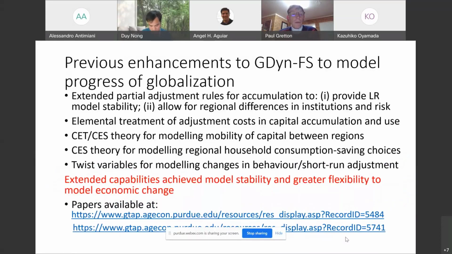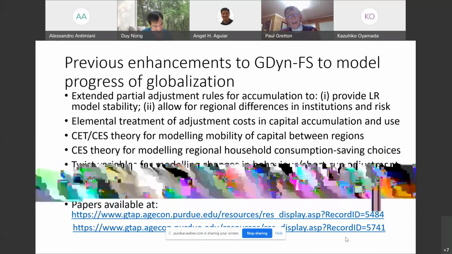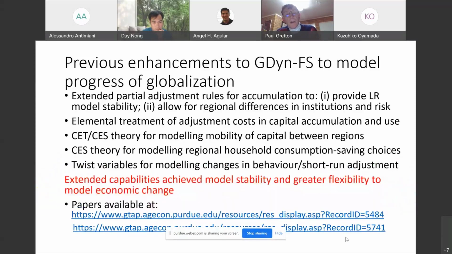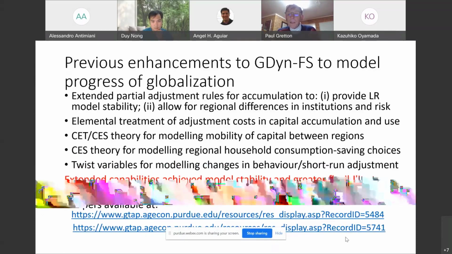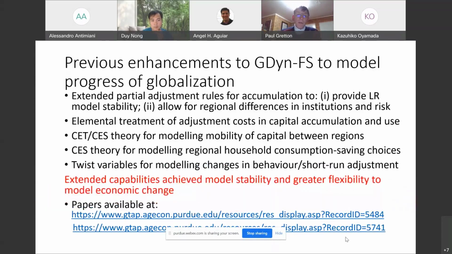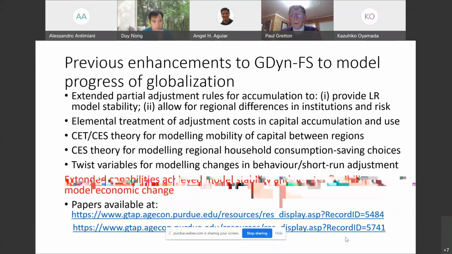Now, to get the model to be stable, I've introduced an elemental treatment of adjustment costs. That is simply because the standard database doesn't include a reconciliation between factor shares and savings, and the theory of adjustment costs is dependent on the relationship between those two things. So I've got an elementary treatment of adjustment costs to reconcile those two sides. If you do not reconcile those two sides, the model will eventually fail, and it wouldn't really matter which